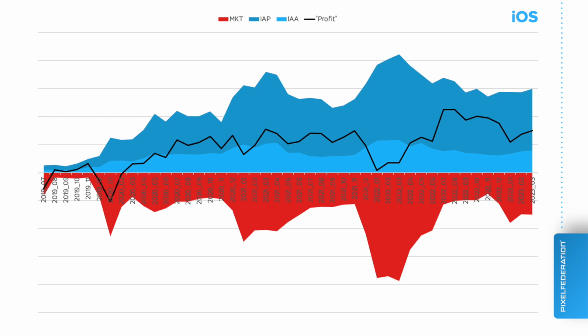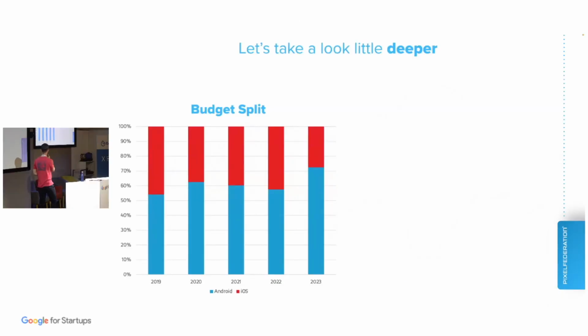However, the profitability in this case of iOS is pretty all right. Actually, on average, it is even better than Android, but the scale is so much lower. And to put it in context, because there are two charts, I don't know if anyone can make out right away what the budget split between those two platforms is. Actually, the split isn't that great.